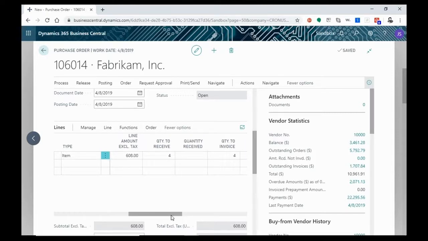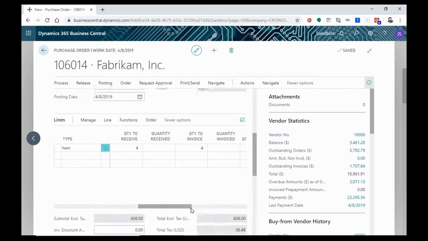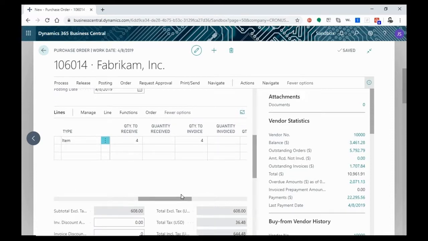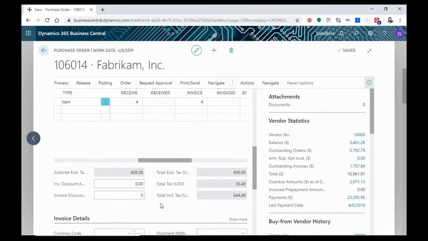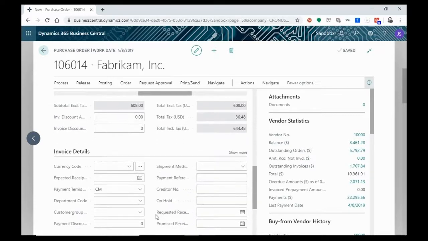You'll also see now that our quantity to receive is 4, our quantity received is 0, our quantity to invoice is 4, and our quantity invoiced is 0. That's because we haven't posted any of this, we haven't received it, and we haven't invoiced it. As we move on through this process, we'll see those numbers change, and we'll see the items listed in our